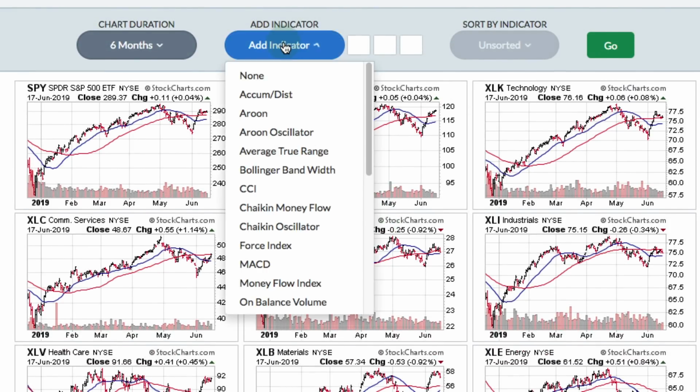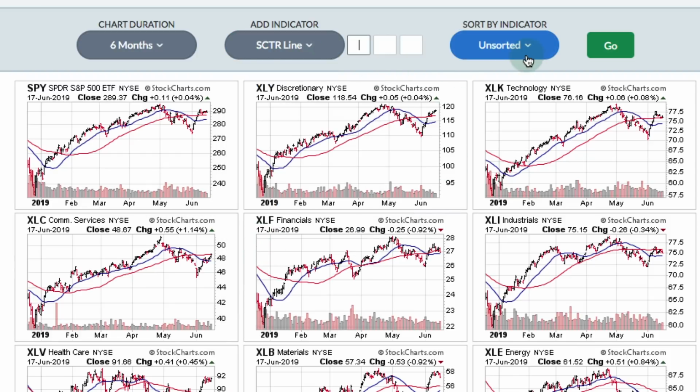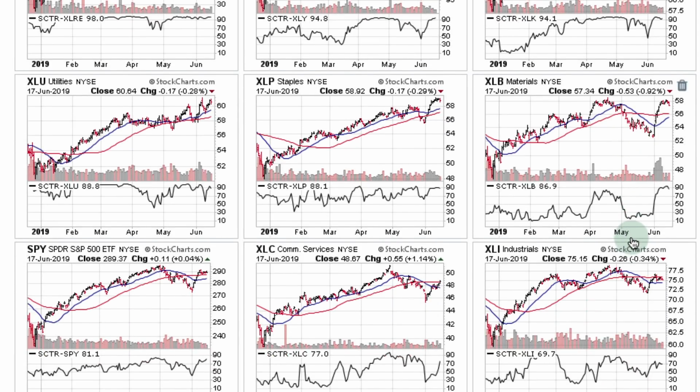and I can add an indicator, and then I can sort by that indicator. So I could add the scooter and sort descending, and that'll put the strongest scooters at the top. And we can see at the top we have REITs, all right, so that matches. But we also have consumer discretionary, and it's not trading at a new high. And we have technology, and it's not trading at a new high. And then we get to utilities, which are trading at a new high, staples at a new high, materials not at a new high. So there's something not quite right with the scooter. It's a good ranking